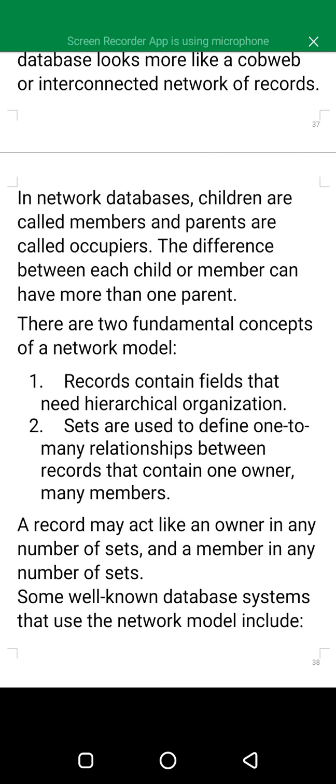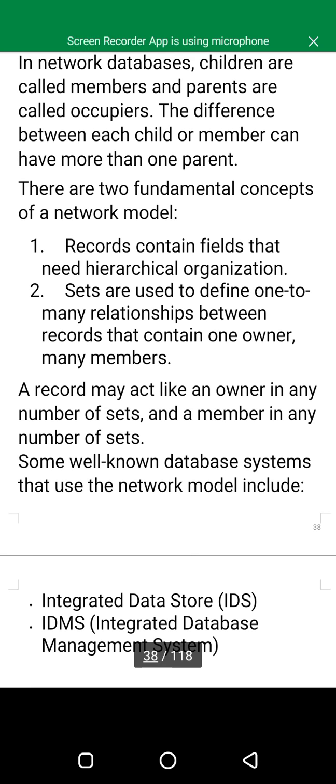There are two fundamental concepts of a network model.